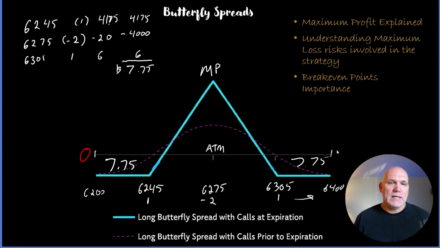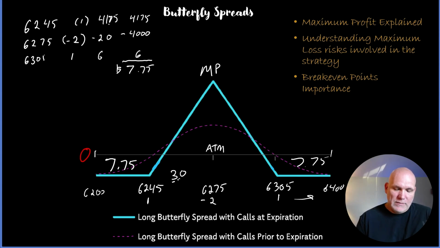Now you could just set it and forget it and see where it closes at the end of the day. That's a little bit risky. What I like to do is set it, establish it, and then set a takeout point of 50% or 25%. Maximum profit is 62.75 minus 62.45. So you take your at the money minus your in the money. So take the width of that, which is 30, minus